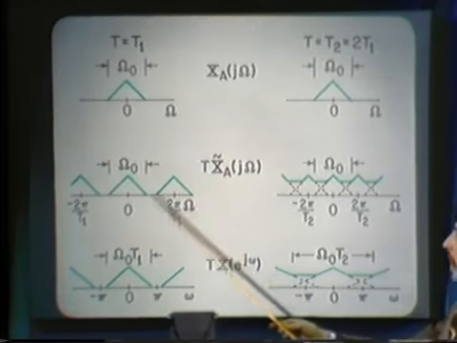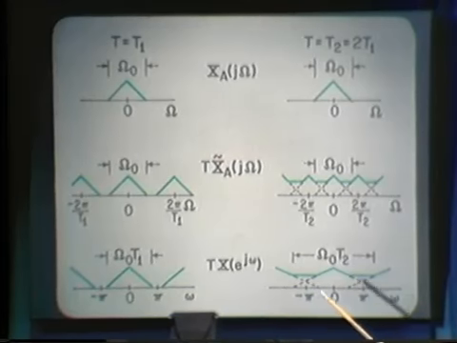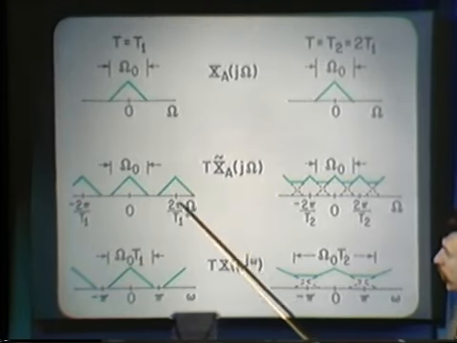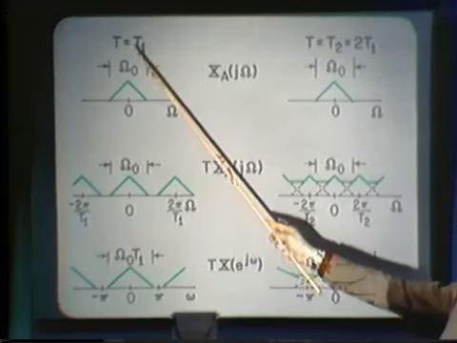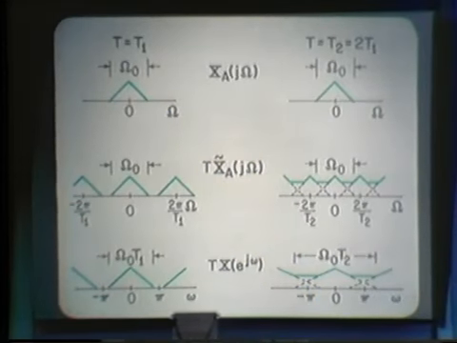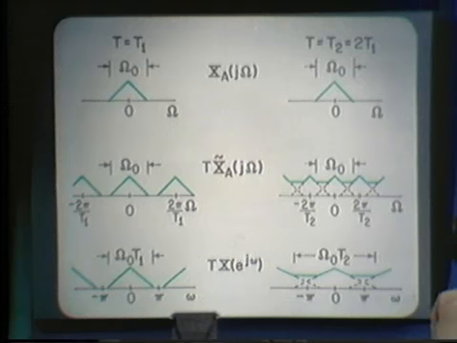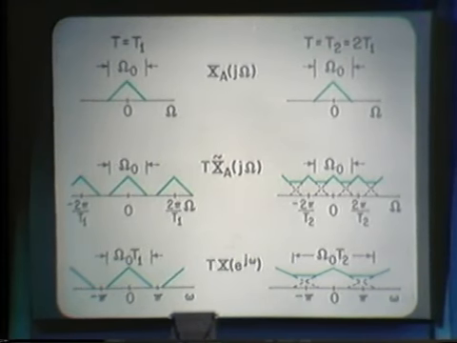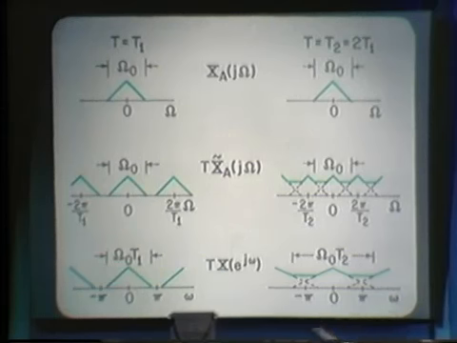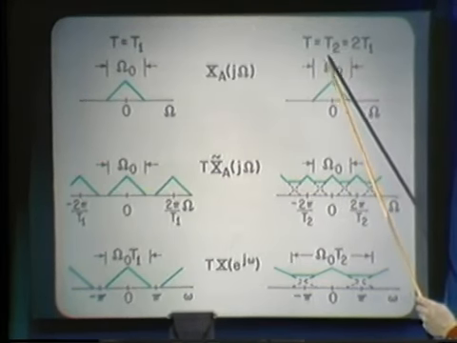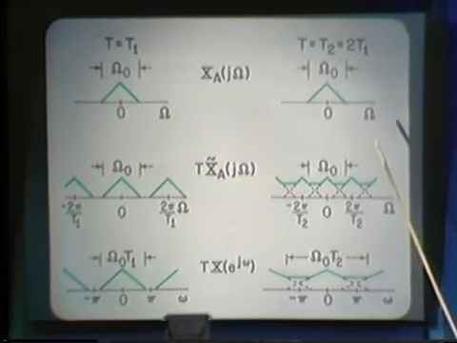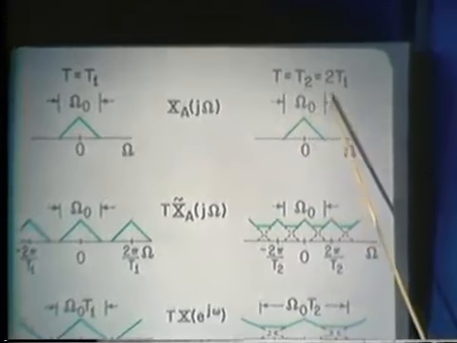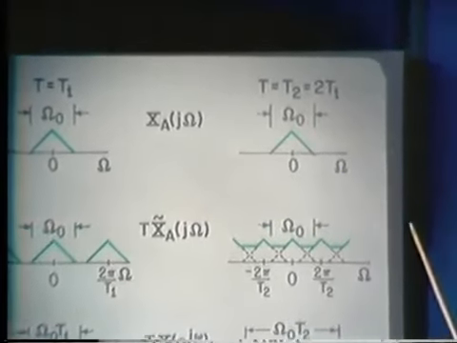The relationship between when that interaction occurs and capital T is the basis for the well-known sampling theorem that you're familiar with. Well, to illustrate that, if we had a different sampling period, say twice what we have over here, so that capital T2 is equal to 2 times capital T1,